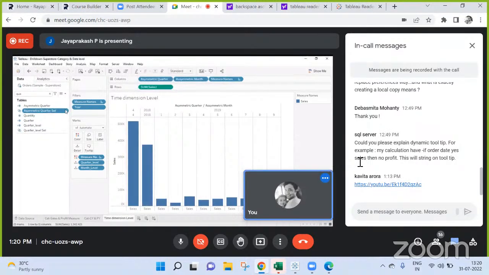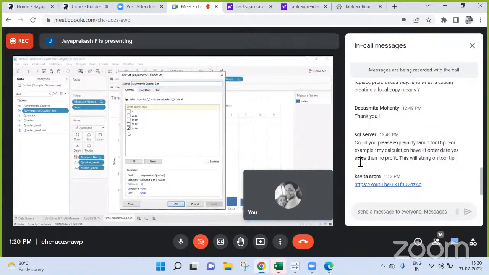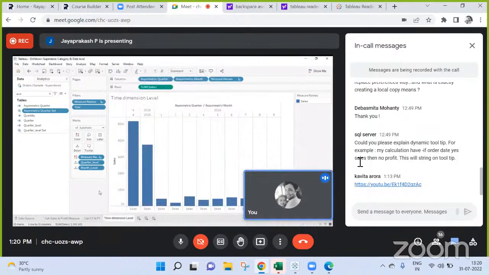Again, you have year in that, right? What is that set? Yeah, I'm having years only here. Yeah, that will not do again, right? Because we should not have years. So redo this with the quarter level set, and check if that is working. Okay. Yeah, got it.